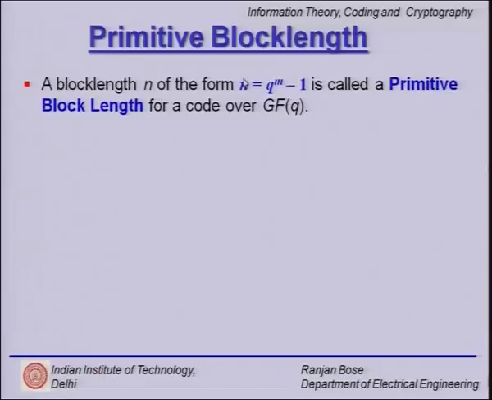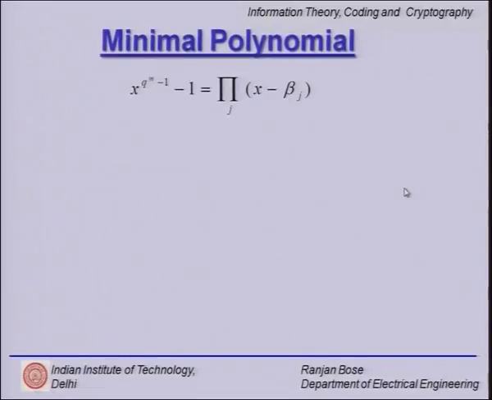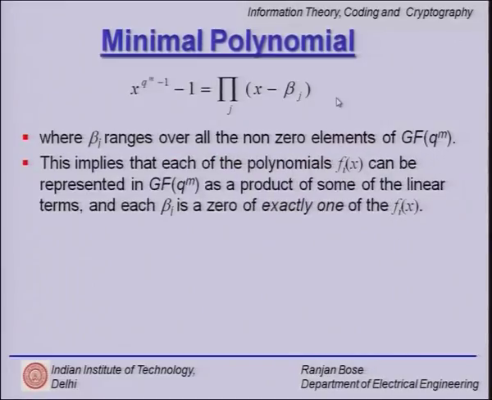Then we introduced the notion of primitive block length n equal to q^m minus 1, where m is some integer and GF(q) is the field over which we are working. So, that is the primitive block length for the code over GF(q). A cyclic code over GF(q) of primitive block length is called a primitive cyclic code, and we are doing all of this so as to factorize x^n minus 1. So, we have this x^(q^m - 1) minus 1, with the primitive block length, which is nothing but the product of the linear factors x minus beta j. So, we have done all of this earlier,